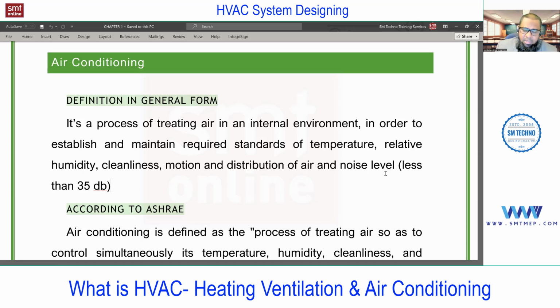Even up to 40 dB, or even up to 50 dB is okay, accepted, because at present in my room, or in your room, if the fan is running, the noise from the fan is nearly 40 or 45 dB. That is okay. But from the standard point of view, it should be less than 35 decibel. And that can be maintained by properly maintaining the velocity of air, because velocity is directly linked with the noise. As the air velocity increases, the noise also increases. So this is also one major parameter at the time of duct designing. We'll discuss more about this.